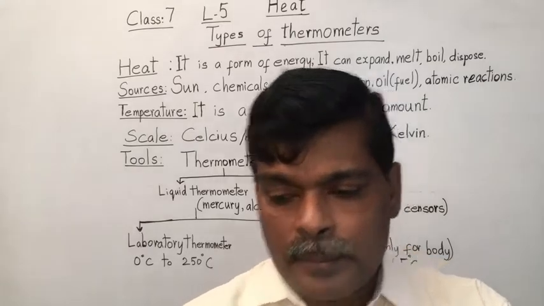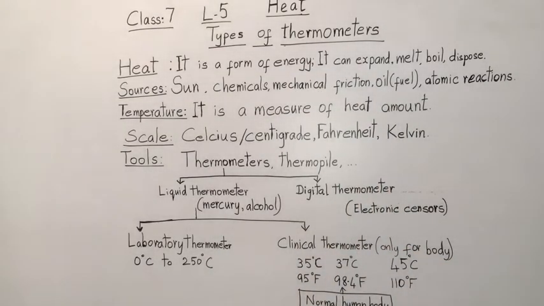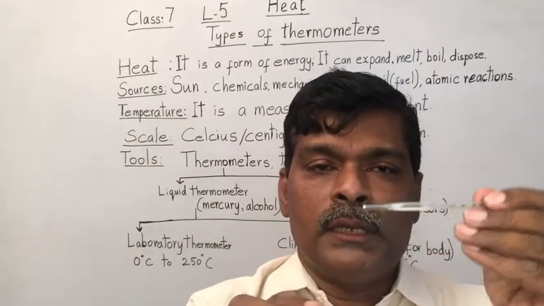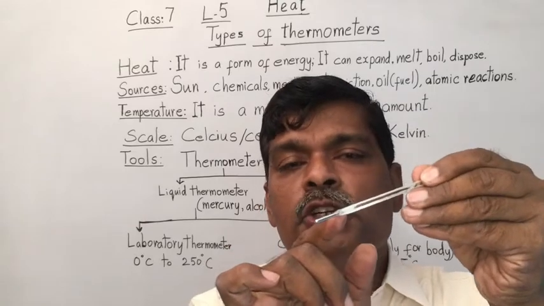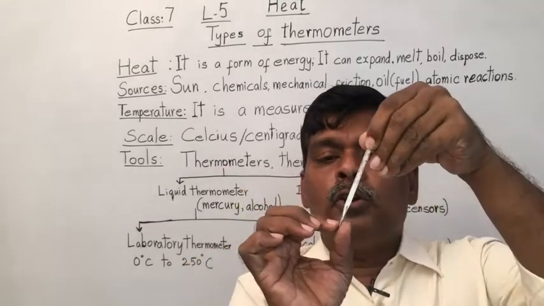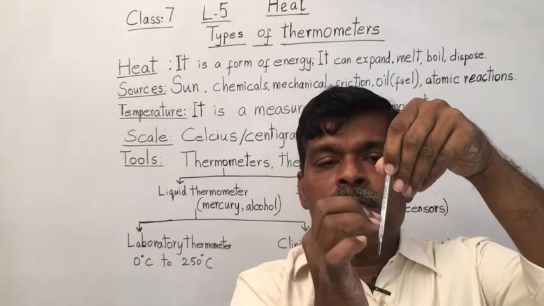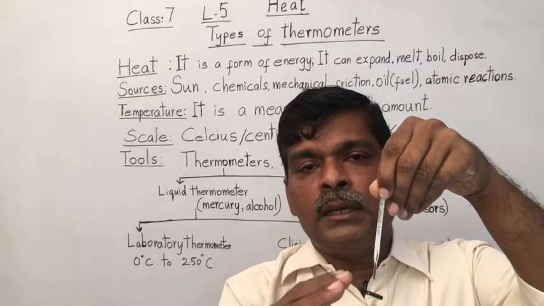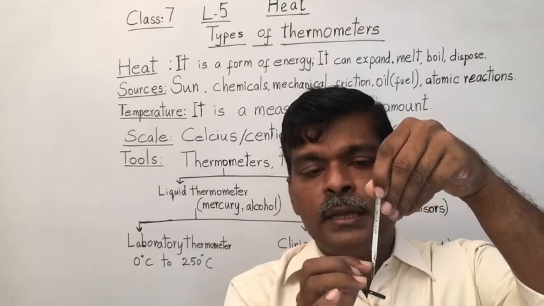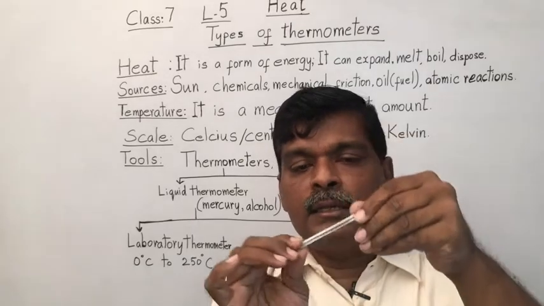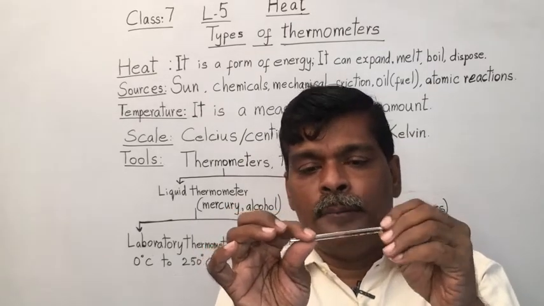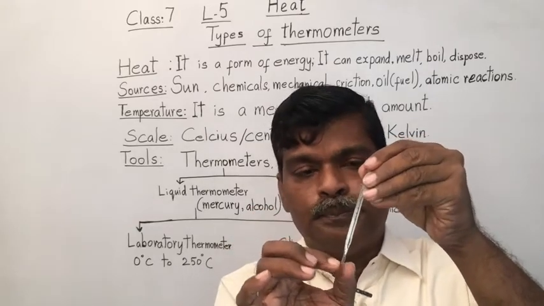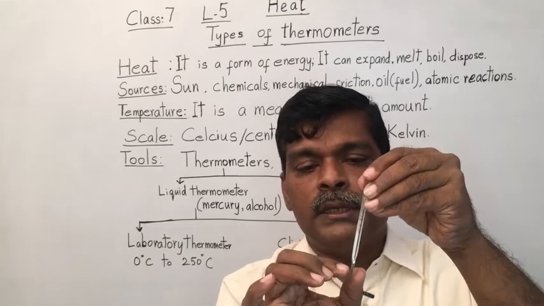Another one we have is a clinical thermometer. It is for measuring our body temperature. It has a kink, a constriction in the part above the bulb. When the mercury is rising, it may fall down quickly. To restrict that, a constriction, a bend, is kept. That bend we call a kink. It is a speciality of a clinical thermometer. This portion is the bulb. It is fully filled with mercury liquid. It is a metal, but at room temperature it is in liquid state.